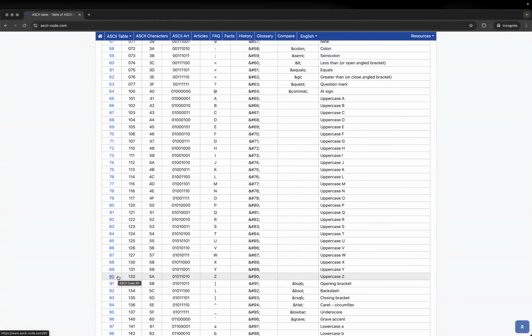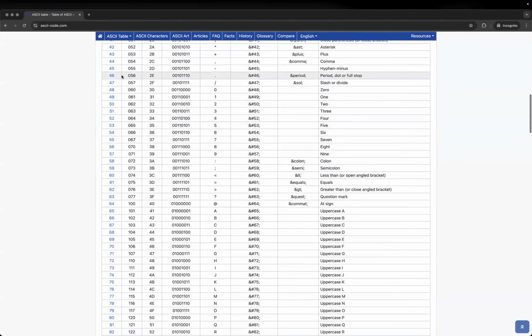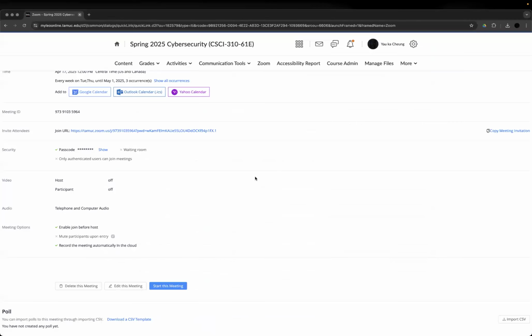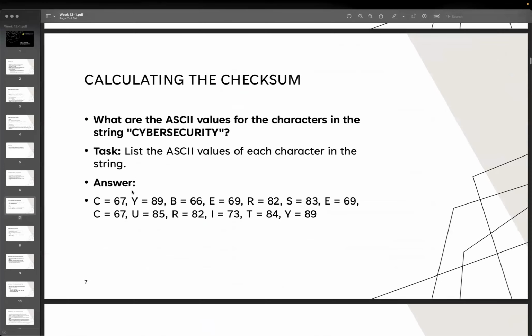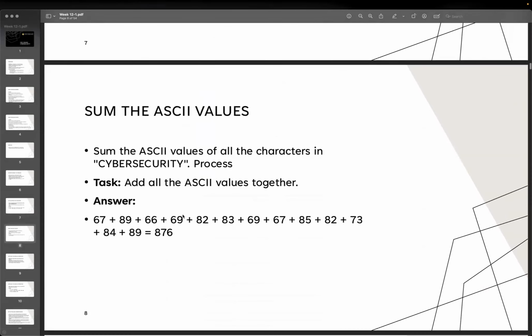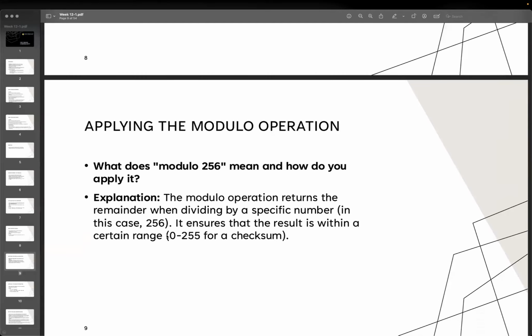Of course, if your message string contains lowercase letters, special characters or numbers, then there will be more values, so depends on the question, you have to calculate. When we calculate, we are just adding all these values. For cybersecurity, we have all the values right here. The first step is to match each character to the table, then you get all these values. The next step is adding all the ASCII values together, so sum the values. And because we said we use modulo 256,